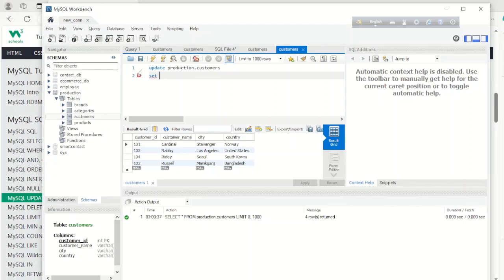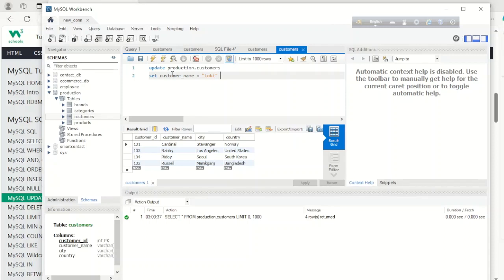Our column name is customer name, so let's provide the customer name here. Column name equal to, as the name is a string, we're going to provide it inside quotation marks. So we are going to provide the name Loki. You may know the Loki series,